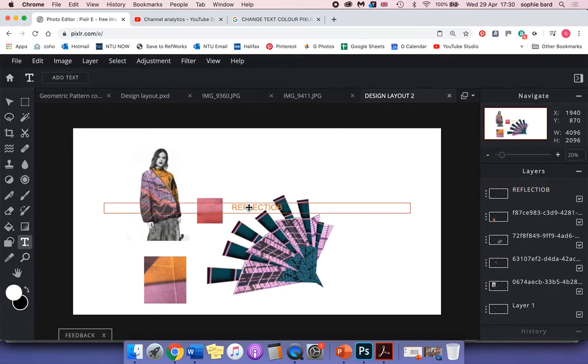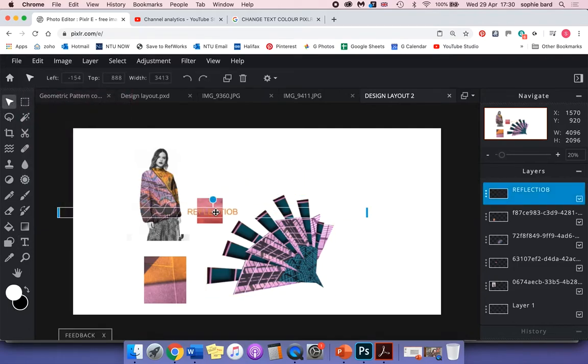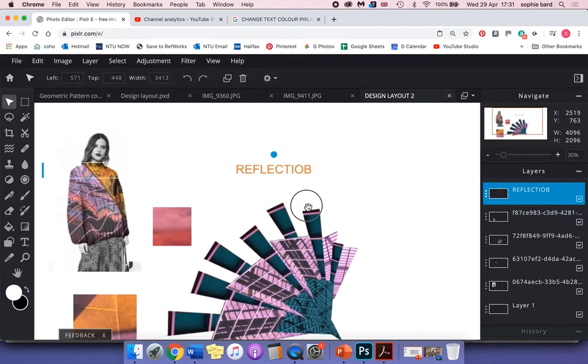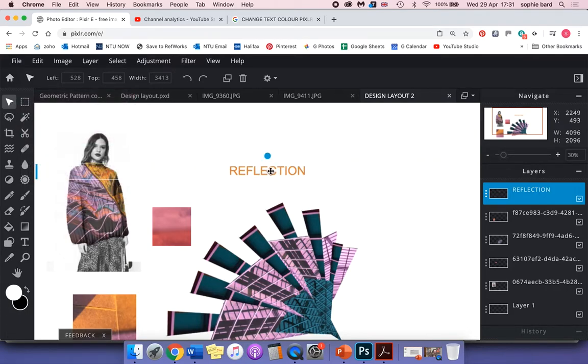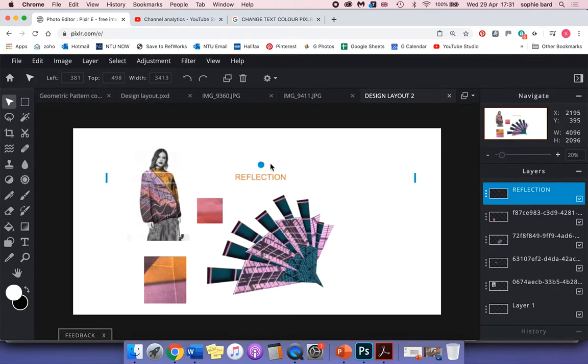it will deselect it, and then you can use your Arrange tool there just to click and drag and move that around. But you can see I've made a spelling mistake, so I just want to go in and edit that text. I can do that by double clicking on the text, and that will reactivate the text box. So I'm going to delete that last letter. Click back on my Arrange tool, and I want to rotate it around. So I'm going to hold down the Shift key and then click and drag on this little blue dot, and that will rotate